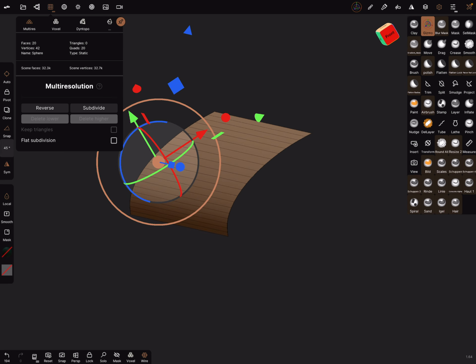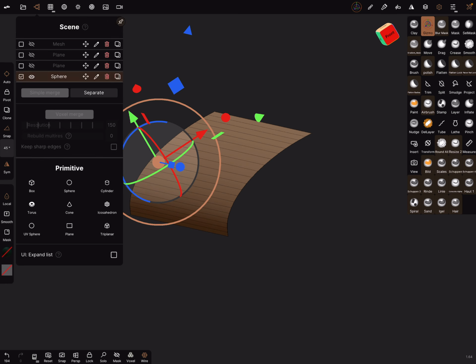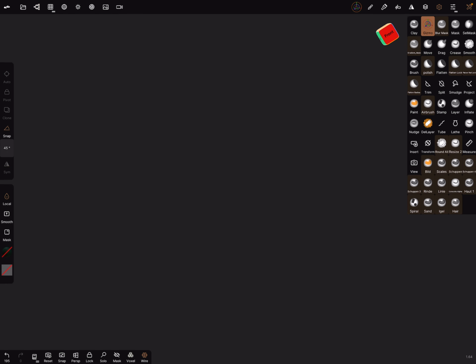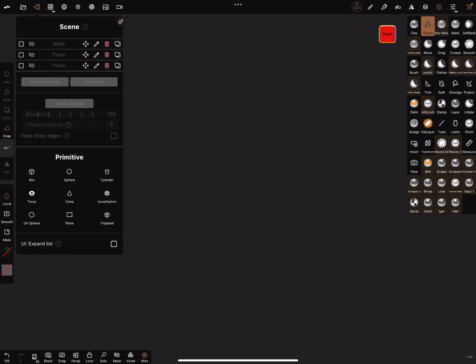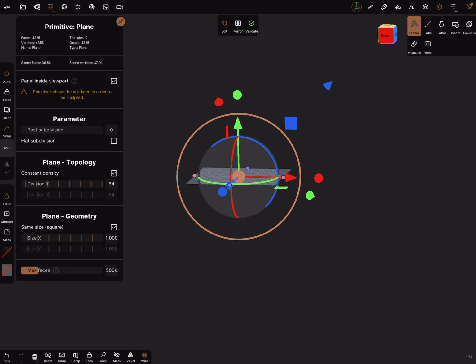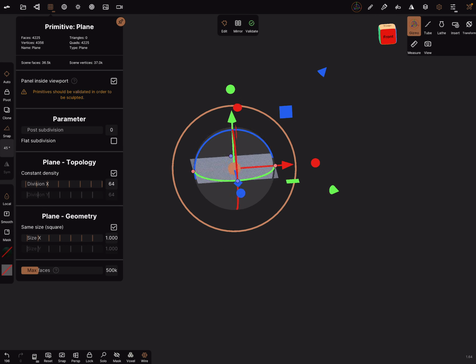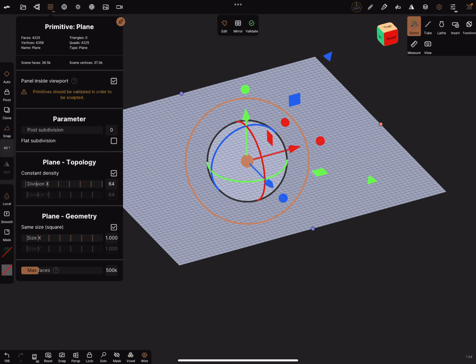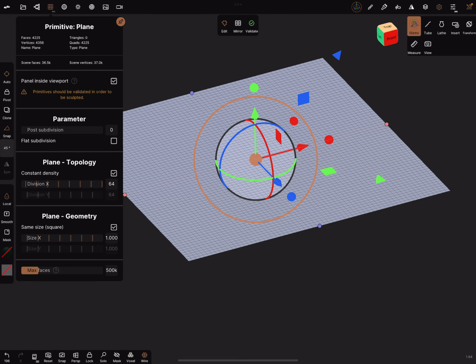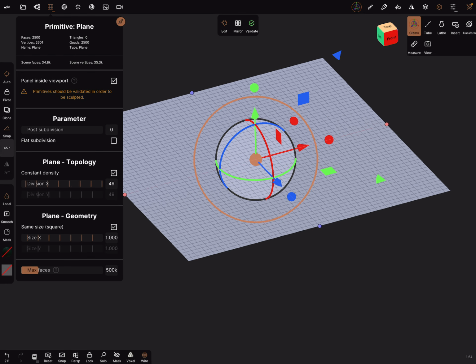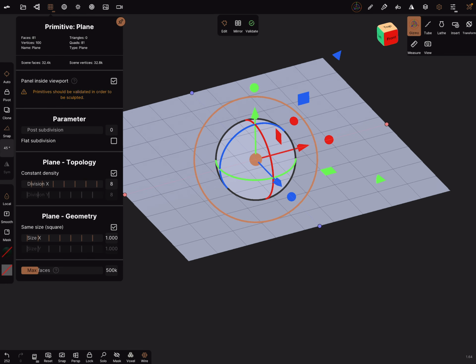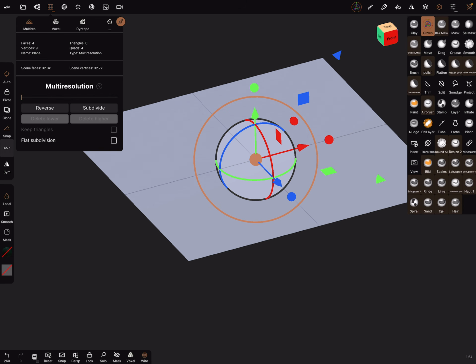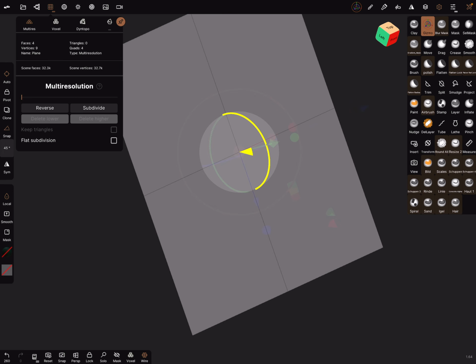Yes, that's one way. The first way. I delete this. The next method is to use a plane. This is our plane, front view, and the topology, reduce it to 1. It's a demonstration how it works. Validate the object. We can bring it in the front view.